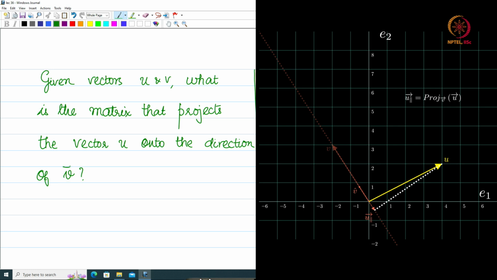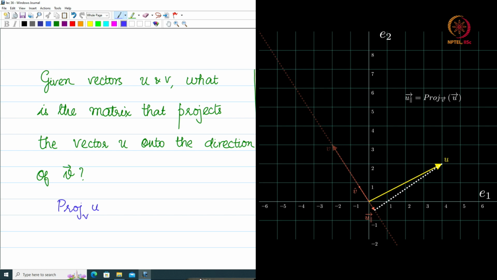So that is a question that we have: can we find a matrix which will project any vector u in the direction of v? How do we find that out? We know that projection